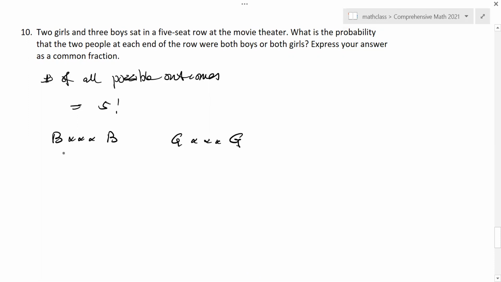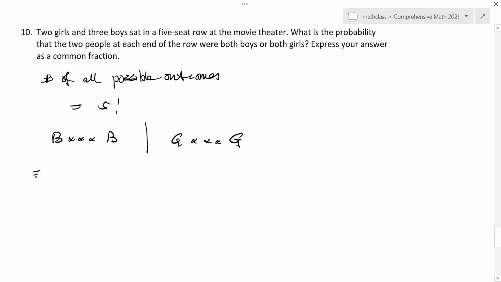So you have to figure out the number of possibilities for each pattern. For the first pattern, 2 boys at the 2 end seats,